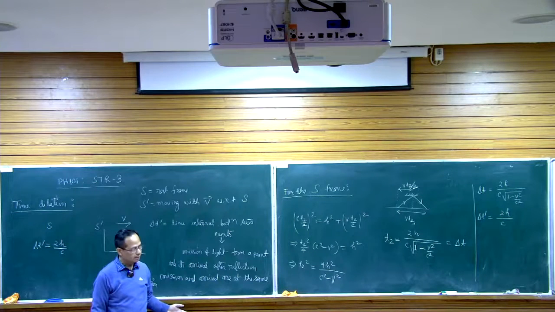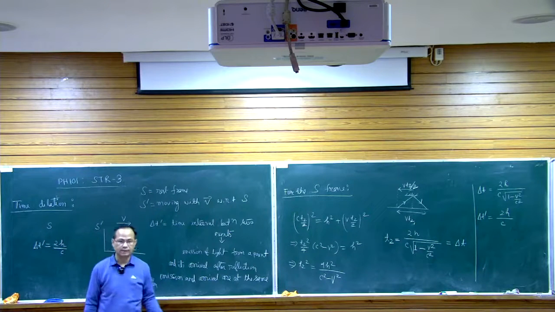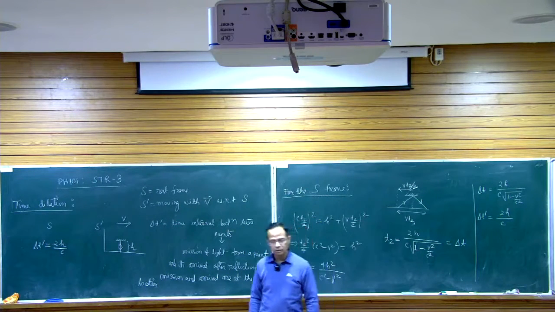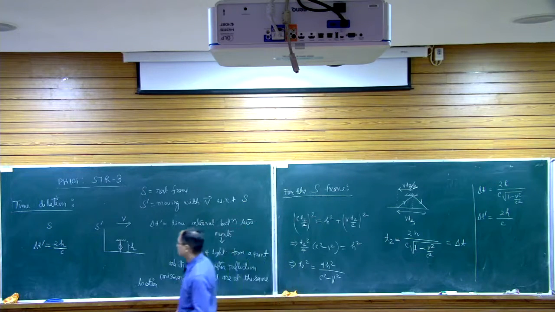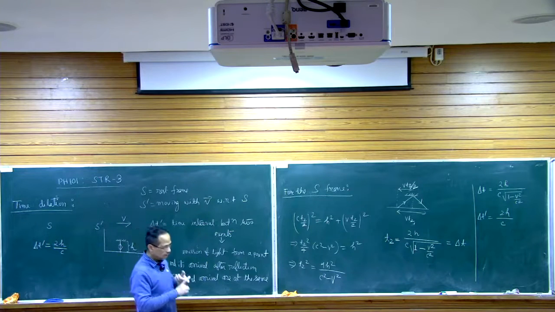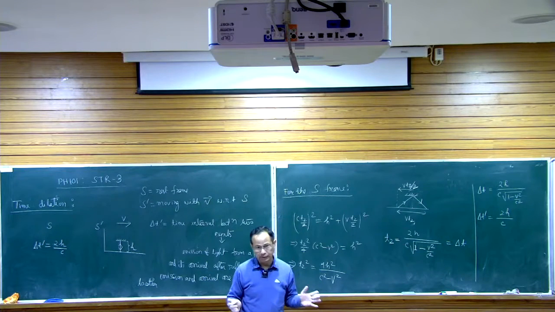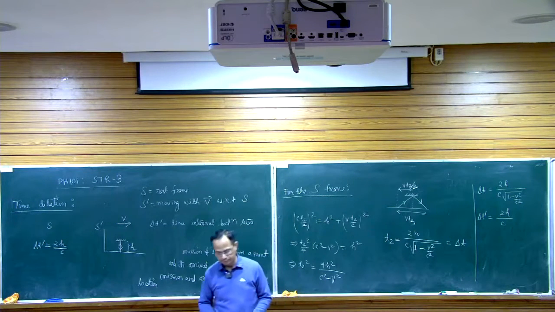If you are making the measurement from S frame and S prime frame, you are not going to get the same time interval. So whatever we considered as the universality of the frame of reference, universality of the time, that is not going to be valid under relativistic mechanics. Please note that when we are considering time dilation, we are considering that the speed of light is c in vacuum in any inertial frame. So we are no longer in the classical domain, we are already in the relativistic mechanics domain. So our conventional wisdom of classical mechanics is not going to apply here.